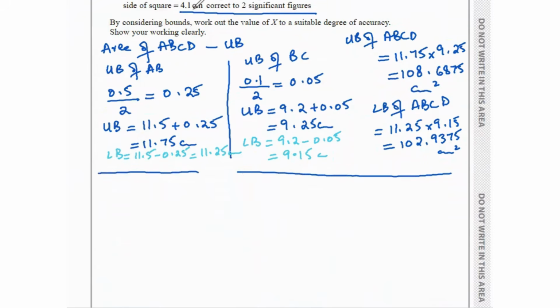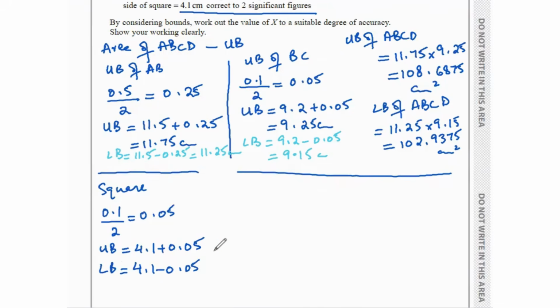Your second significant figure in 4.1 is 1, and the place value of 1 is 0.1. So 0.1 divided by 2 is 0.05. So upper bound is going to be 4.1 plus 0.05, and lower bound is going to be 4.1 minus 0.05. So that's 4.15 centimeters, and the other one is going to be 4.05 centimeters. So upper bound of square area, that's going to be